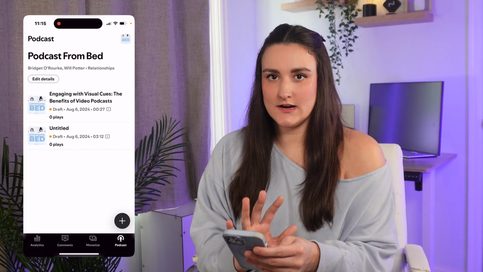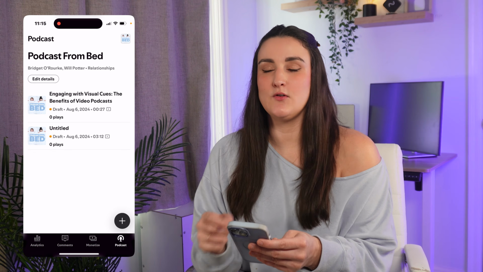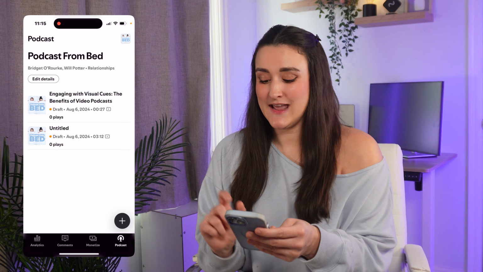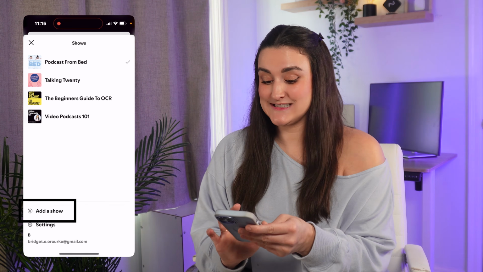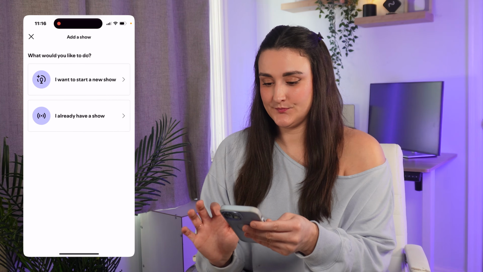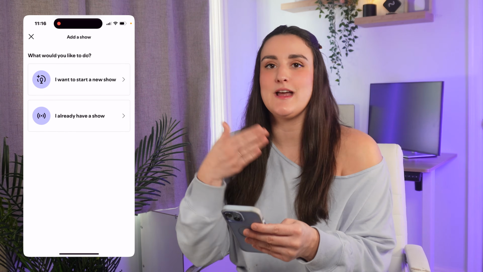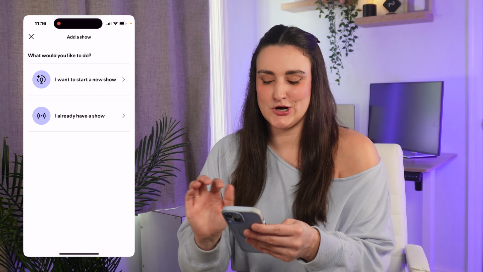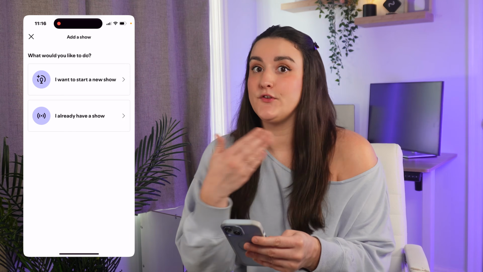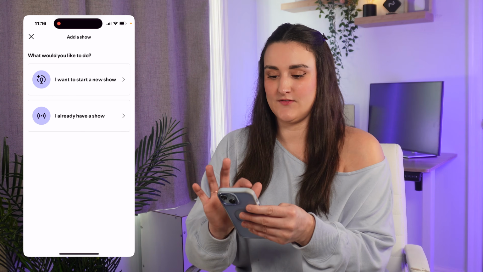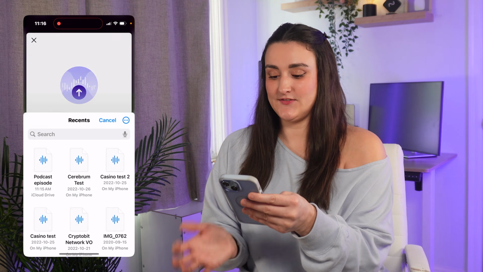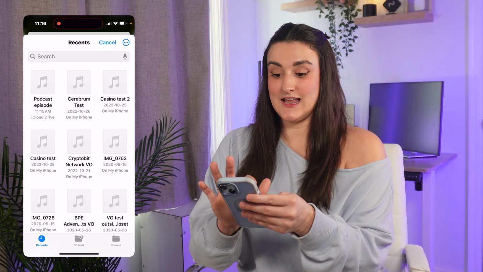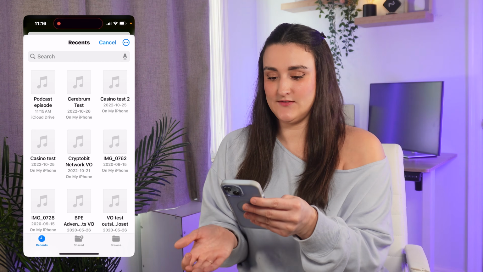Now, if you don't already have a Spotify for Creators account, you can create an account directly on your phone, and you can even create a new podcast directly on your phone. You would select Add a Show, select I want to start a new show, and then follow the prompts to set up your show. Once your show is set up, or if you already have an existing show on Spotify for Creators, you would select this plus button, select a file, select the podcast episode that you just saved, and